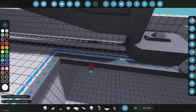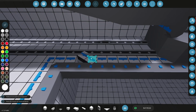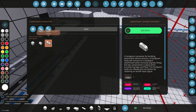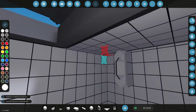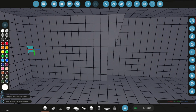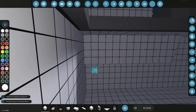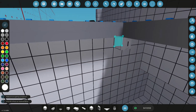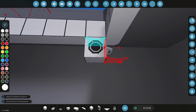I'm also going to get some door controllers, just slap them down. That's what gives you a lock state. And the other thing I like to do, because this always seems to go wrong on me, is hard points. So if you think like this is going to be probably the wall, that's good because I can put storage things under there. But anyway, I want to get a hard point connected to this door, and probably the easiest way